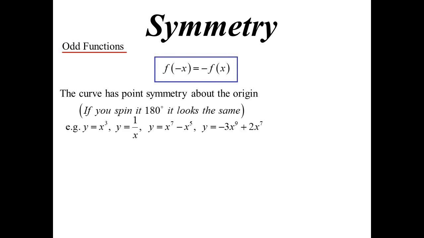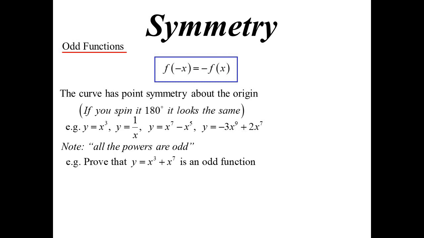So y equals x cubed, 1 on x, x to the power of 7 minus x to the power of 5 minus 3x to the power of 9. All of these are odd functions. Basically, all the powers are odd. It sort of ties in with odd functions. If you look at it and go, oh, look at that, all the powers are odd, it's an odd function. So if we wanted to prove it's an odd function, it's not good enough to say,